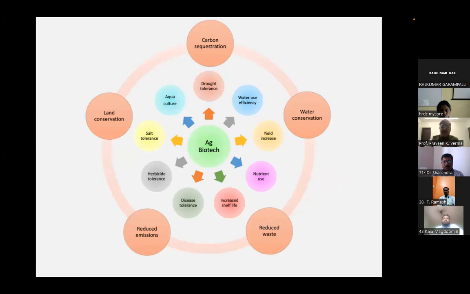If you talk about agriculture biotechnology, right now we have so many existing problems, like drought tolerance, water use efficiency, yield increase, nutrient use, and increased shelf life of various fruits and vegetables. Disease tolerance is also one of the most important, and my lab is working on this aspect. Herbicide tolerance is also a key factor that people are trying to implement in the Indian subcontinent. And salt tolerance, because many parts of our land are now becoming saline,